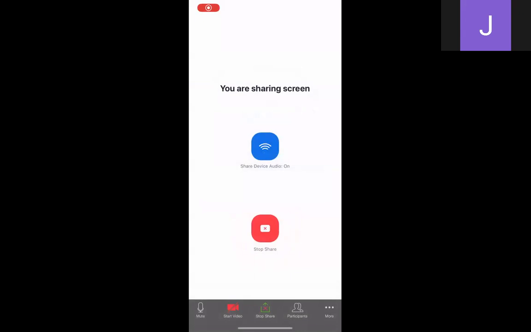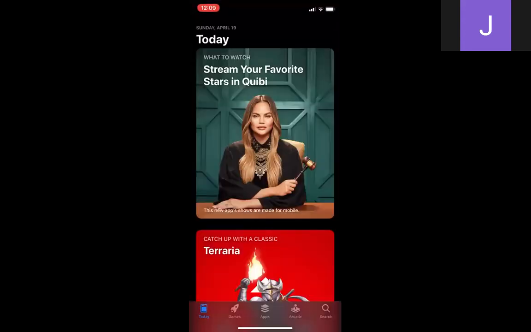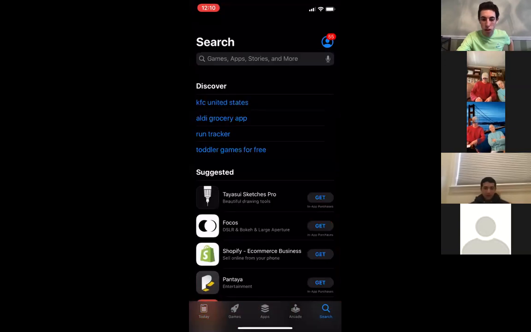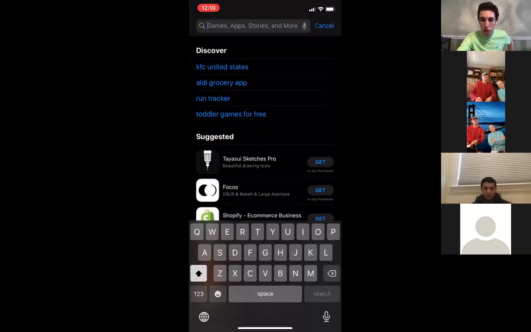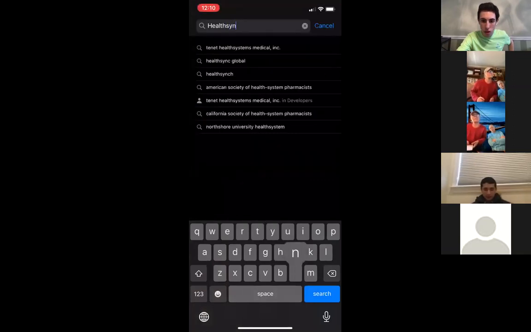Okay. So downloading Healthsync is very simple. First, you go to the App Store, and once you're in the App Store, you can go on the bottom right. You should see a button called Search. So if you press Search, then you click in the search bar, and you can look up Healthsync.